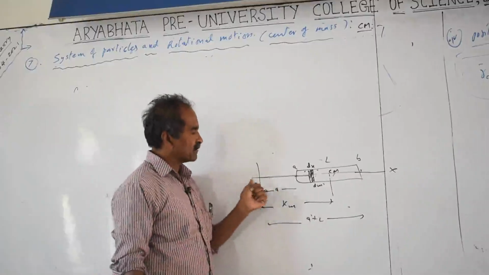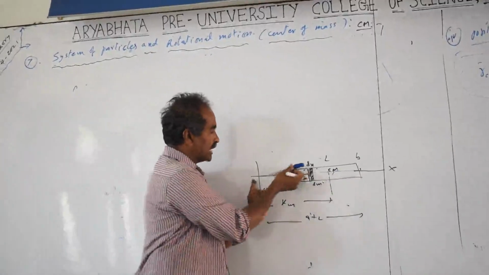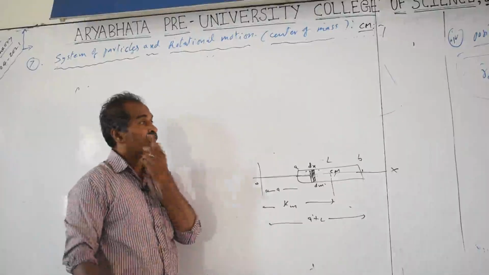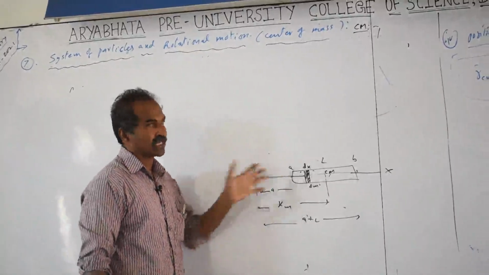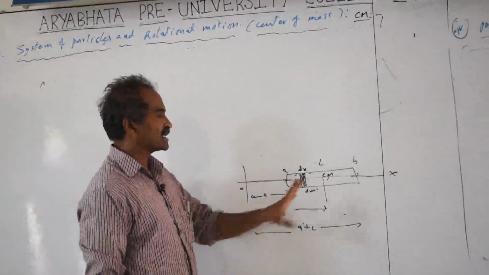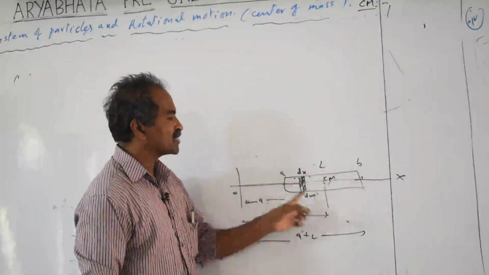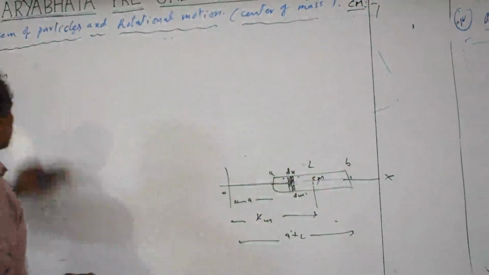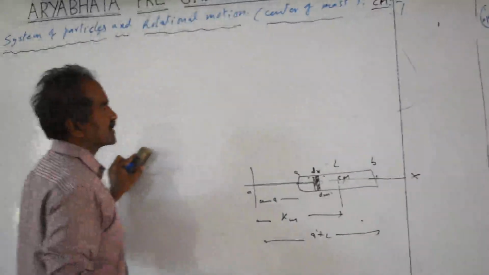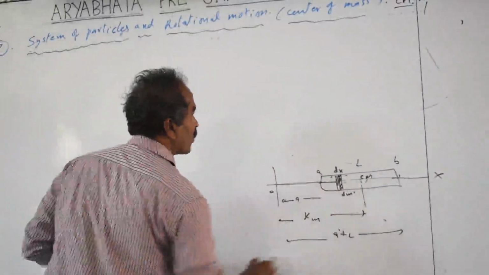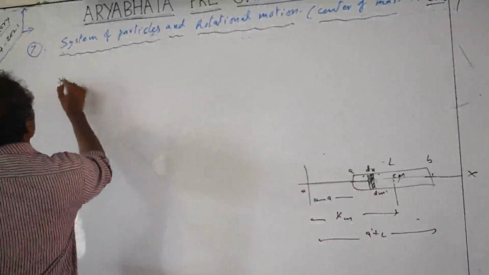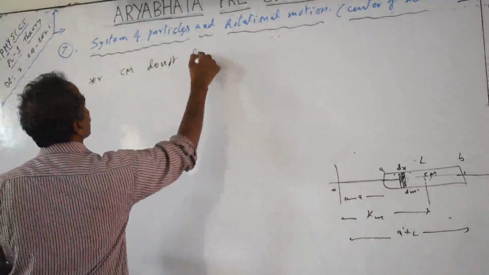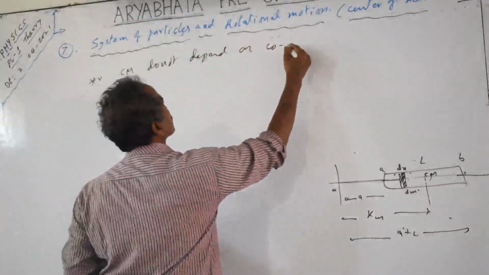In this diagram the origin is taken outside the object, but I can take the origin anywhere, here on the rod also, or I can take the origin at the center of mass. It is our choice. The important point is that the center of mass does not depend on the coordinate system. We are taking the help of coordinates to find the center of mass, and the reverse is not possible. The center of mass is independent of the coordinate system and depends only on the mass distribution of the particles of the object. How the particles are distributed, how much mass at what distance, that only determines the center of mass, not the coordinate system. This point is important.